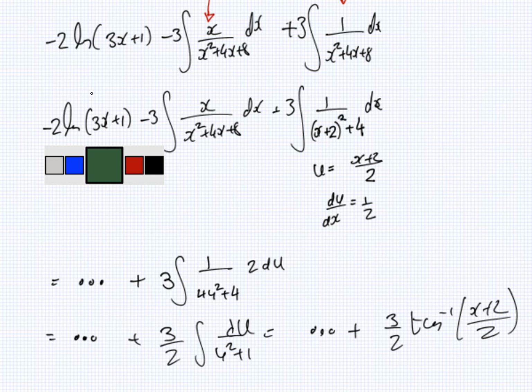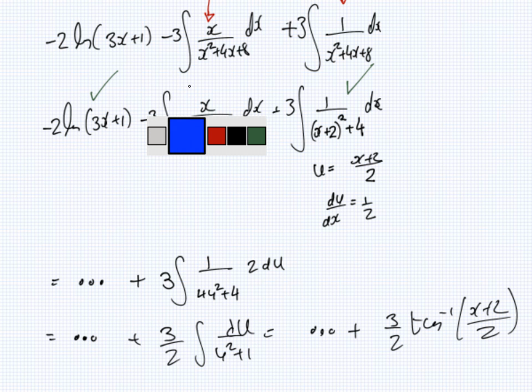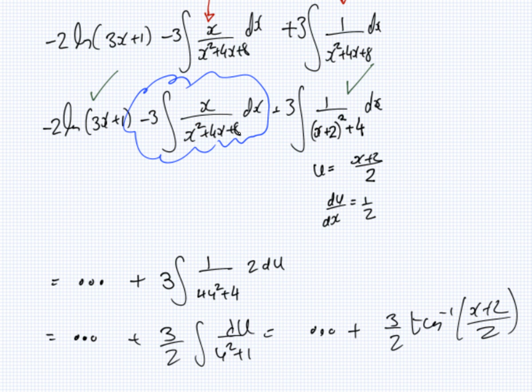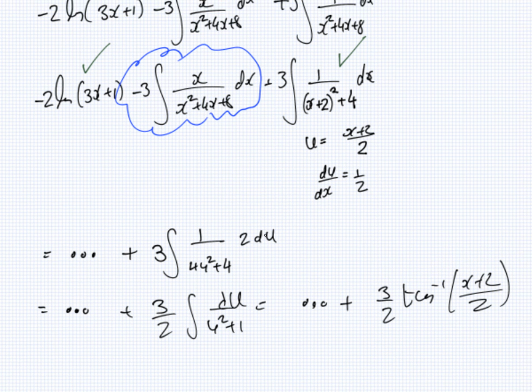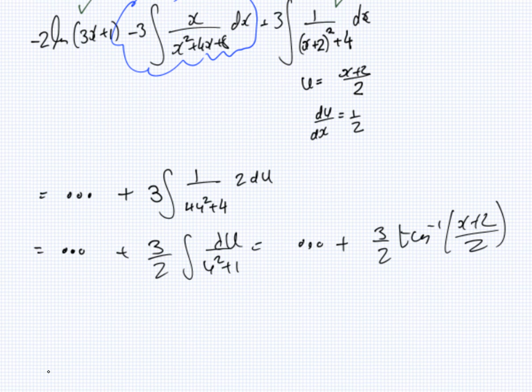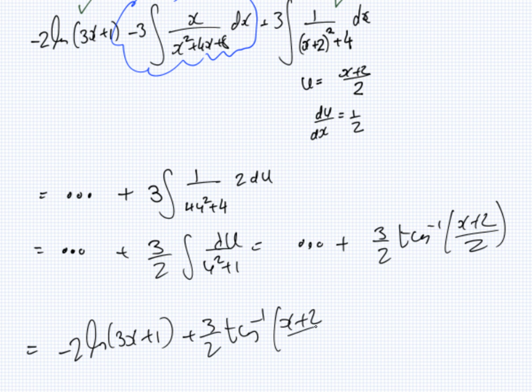So I have this and I have this, but I still need to get this. Where is that tangent? Why is there a tangent? Oh, because this one is tan inverse. Remember? Continue. So look, I have this left: minus 2 log 3x plus 1 plus 3 over 2 tan inverse x plus 2 over 2 minus 3 integrate